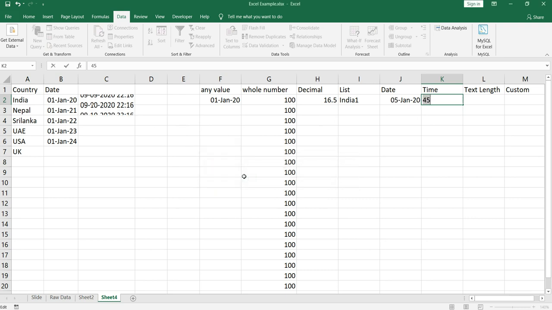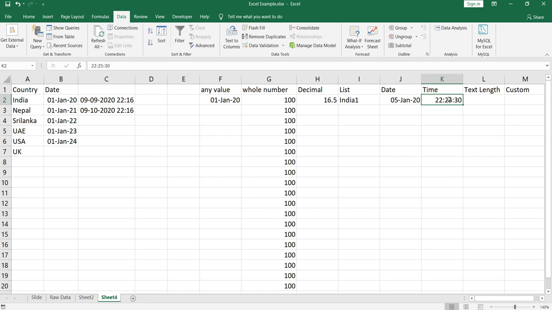So if I click on retry, and again I'll go and input something like 22:25:30. So right now I've inputted 10 p.m., 25 minutes, 30 seconds. Okay, and I press enter, so it takes it.